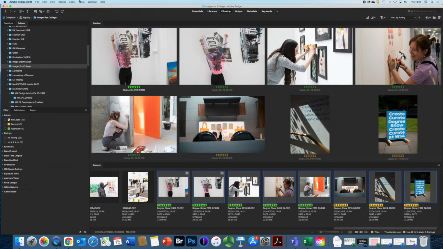Okay, so now if I go to Tools, and you can see where I click on Edit Metadata Template, we have degree show added. I've got a few of these here going on. Whilst I've created the template, I now need to add it to these selected images or any selected images. So if I go to Append Metadata with the images selected here, and degree show,